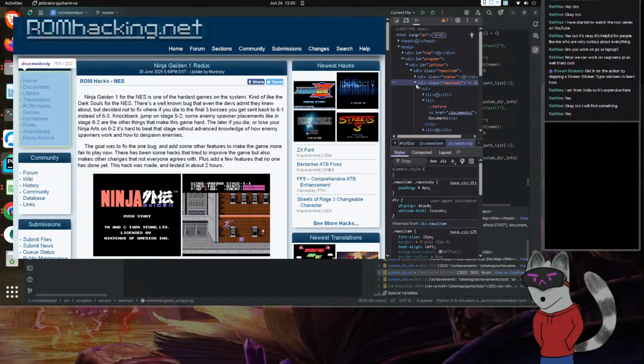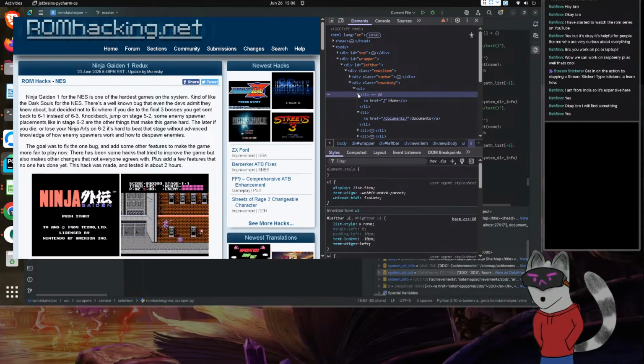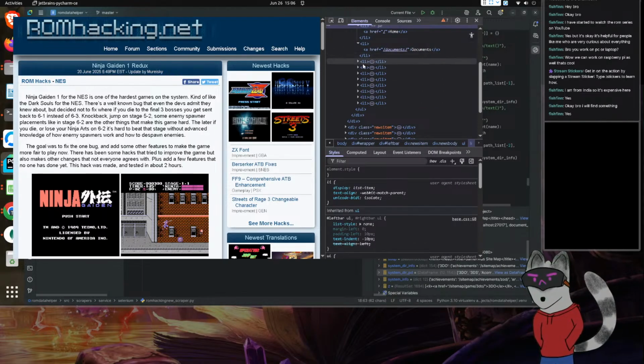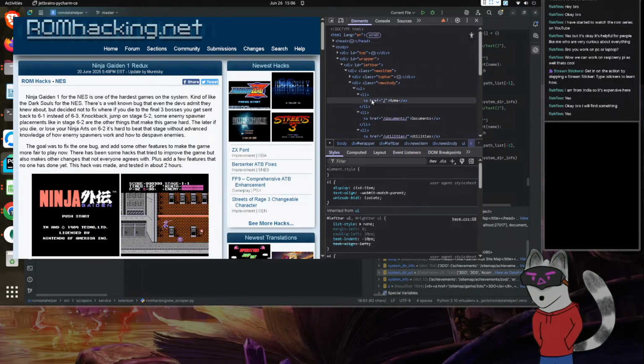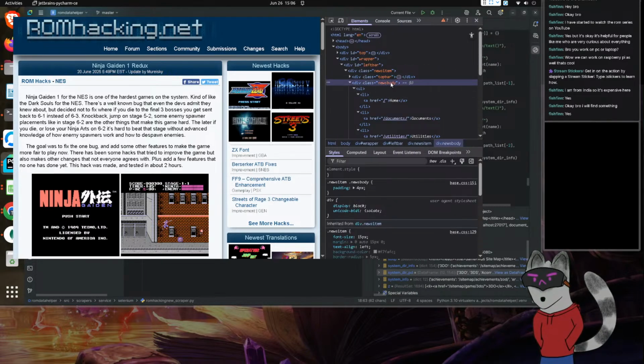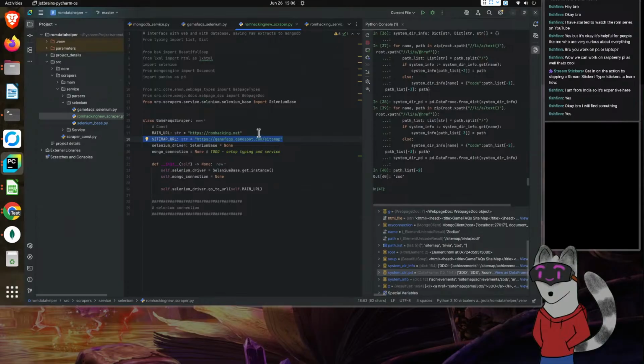New body. Top bar, new body. So we want new body, okay. If I hide this, in other words, if I expand this, it hides. We just get a reference to the different sections: home, documents, utilities. All right, so this is what we want to do then. News body, we'll access that. Okay then, so game facts, that's our sitemap.